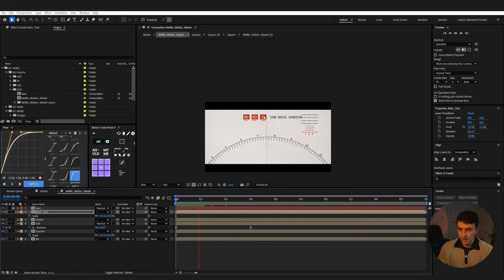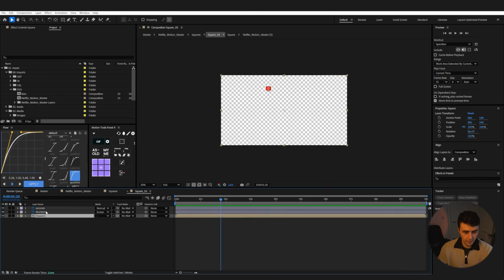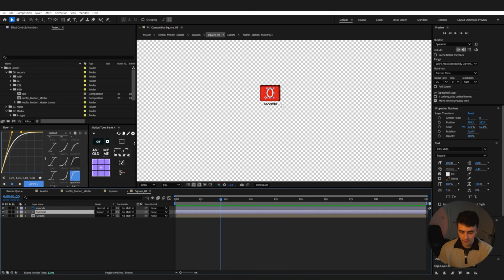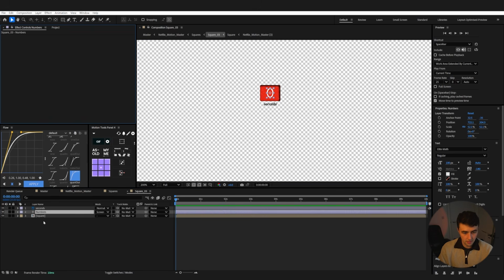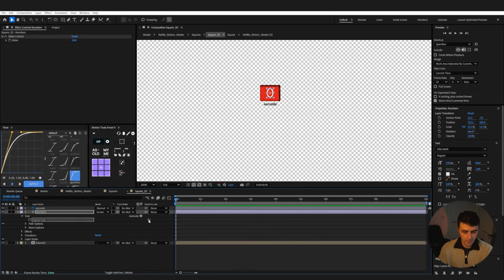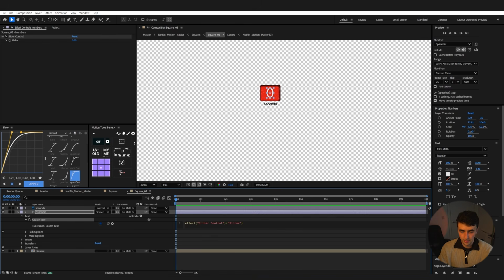And then let's animate our seconds tab here. So in our squares, square tree, our numbers, we're gonna right click and we can create editable text. Control, Alt and Home just to center the anchor point here. And we're gonna add in a slider control on it. In our source text here, we're gonna just get our pick whip and just select it onto this slider. And that's gonna give us this little box here. And what we can do is just type in